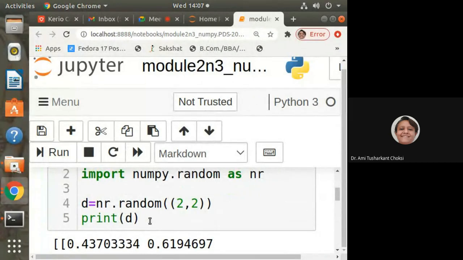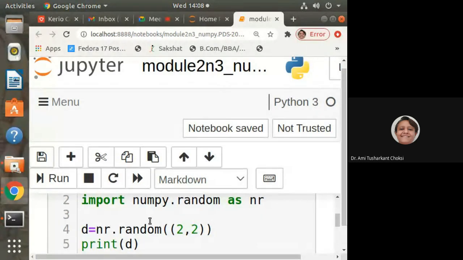See, if I am saying your name, for my name, let me say, because I do not know your full name, my name, say Ami Tusharkan Chakshi. Fine. Now, if I say Ami Tusharkan Chakshi whole as ATC, then it means Ami Tusharkan Chakshi whole is considered.